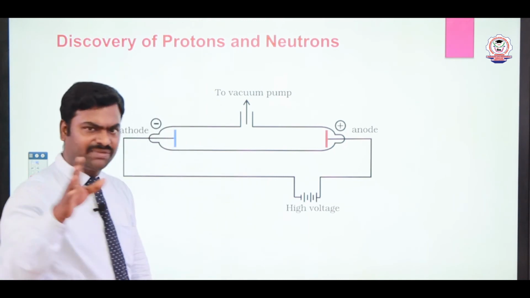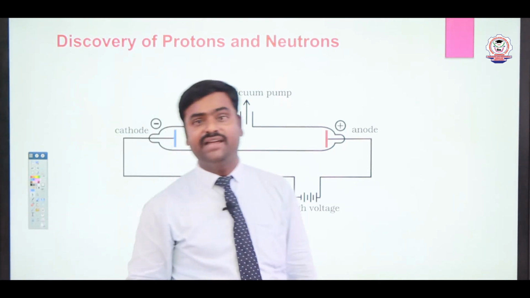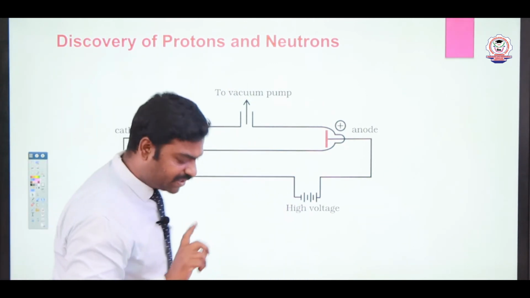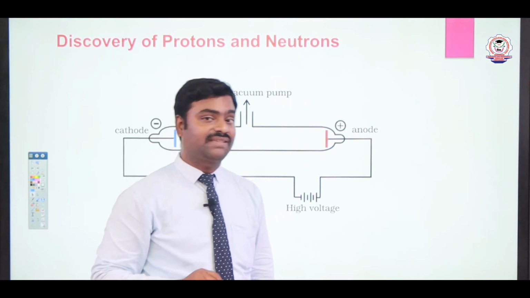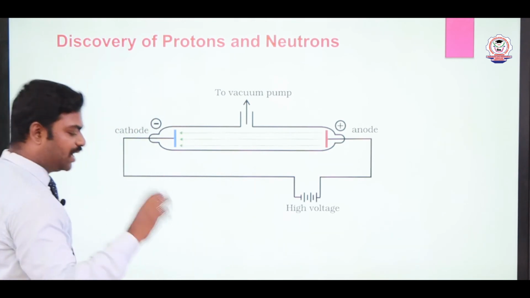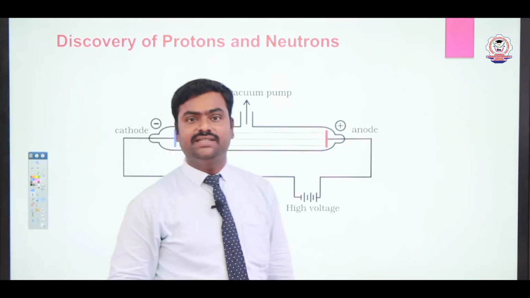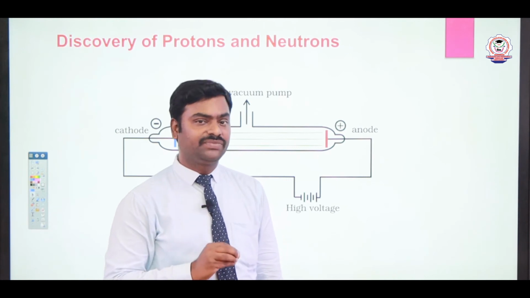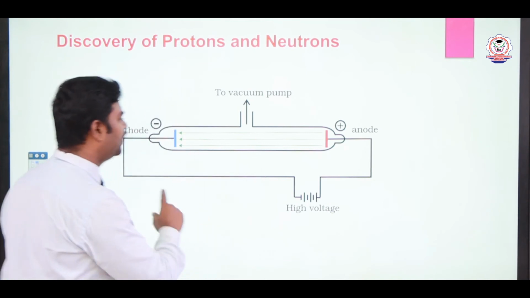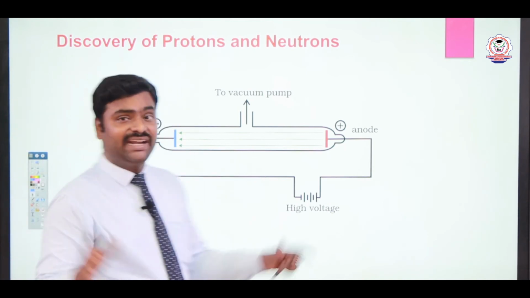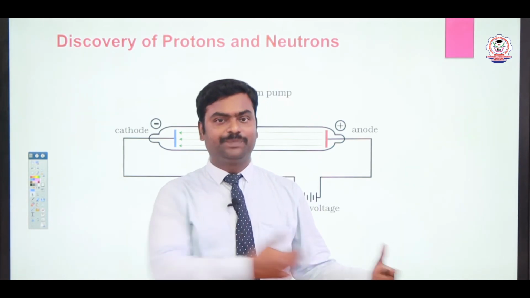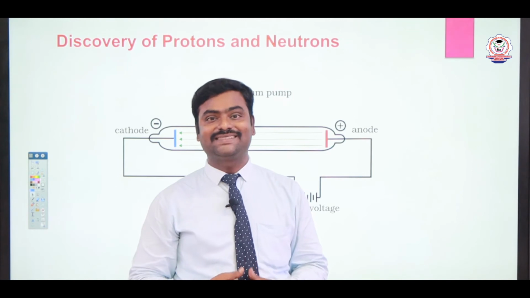He was doing the same kind of experiment which was done by Thomson. Same, but here only one difference. He was taking some gases inside the discharge tube. When he was passing the high voltage current in the discharge tube, he was observing the exact opposite of J.J. Thomson. Glow happened at the cathode side. So some kind of rays were passing from anode to cathode. Because of that, he called it anode ray.